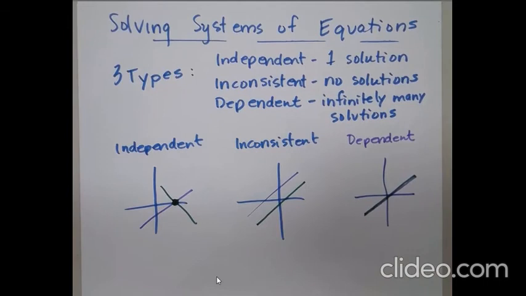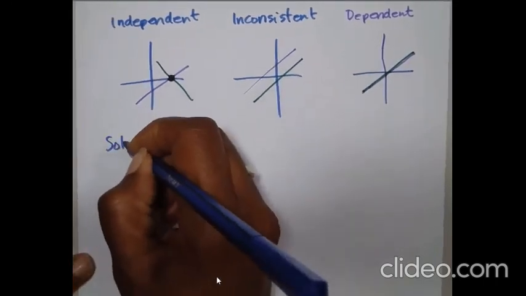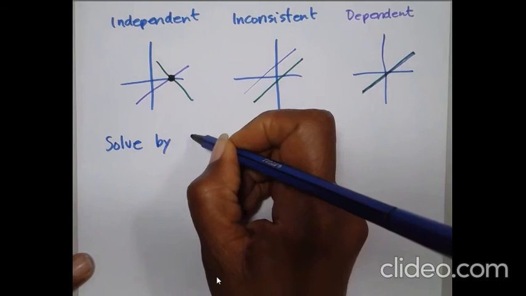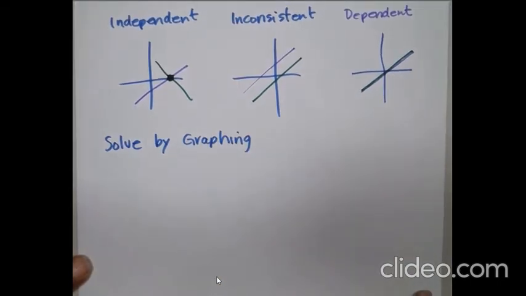So there are several ways that we can solve systems of equations. One of the ways is by graphing. We can solve by graphing. When you're solving by graphing, you can either graph it based on T-charts, taking a T-chart, finding 2 or 3 points, graphing those, or you can put them into the y equals format. So we're going to do one example of each, so that way you can see that it can be solved